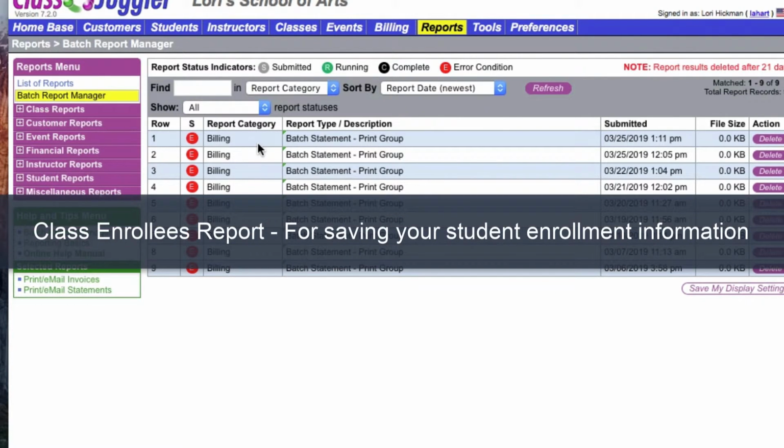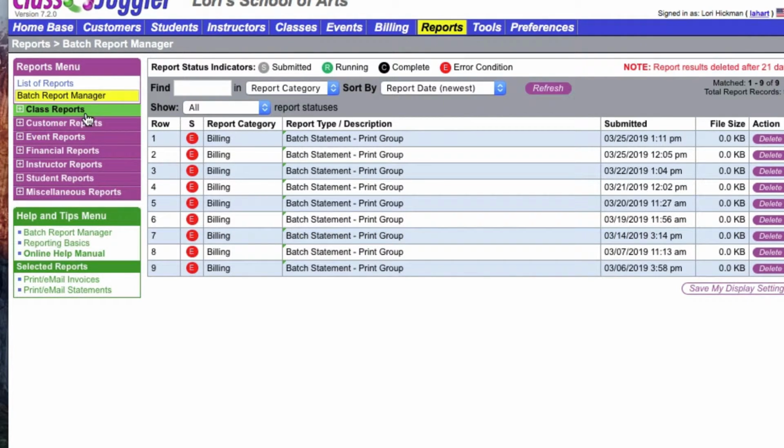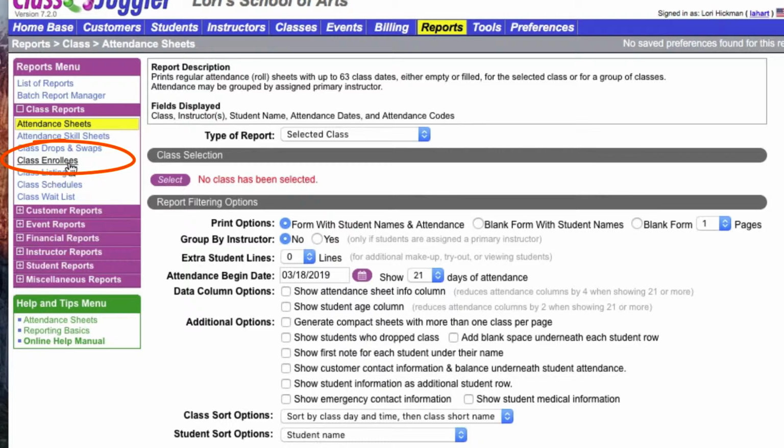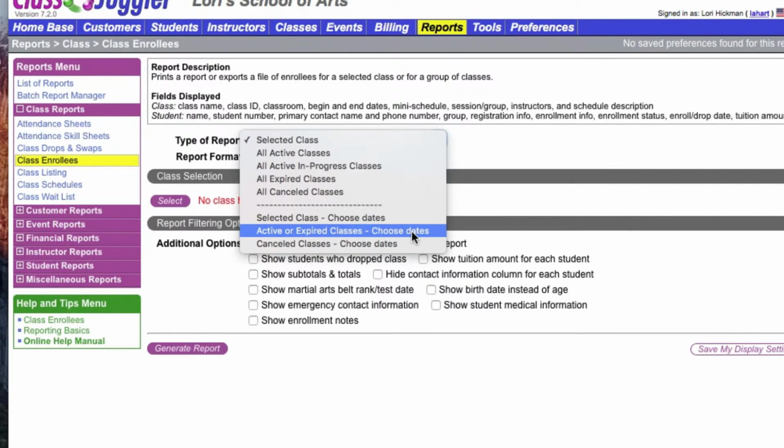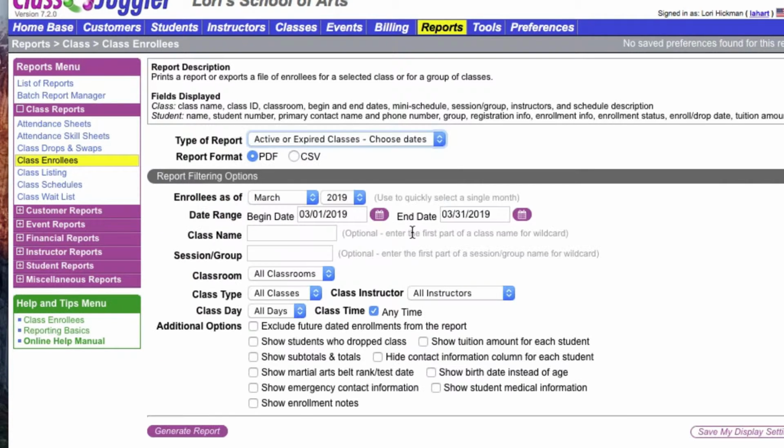All right, finally, if you want student enrollment history, which will be lost when deleted, you can run the Class Enrollees report. So we go to the Class Reports from the purple sidebar menu under Reports and click on Class Enrollees. We want to run this report active or expired classes. So the type of report is the active or expired classes. You can run it in either a PDF or a CSV format. And you do need to enter a date range so that it covers the period of time for the students